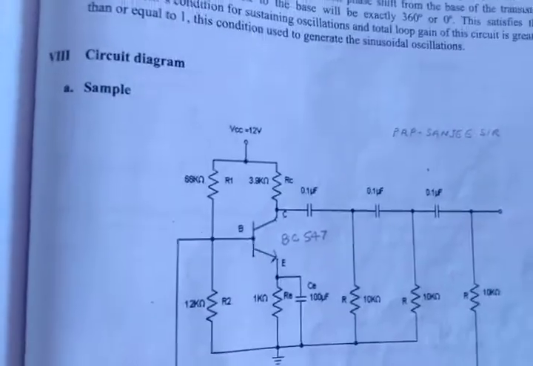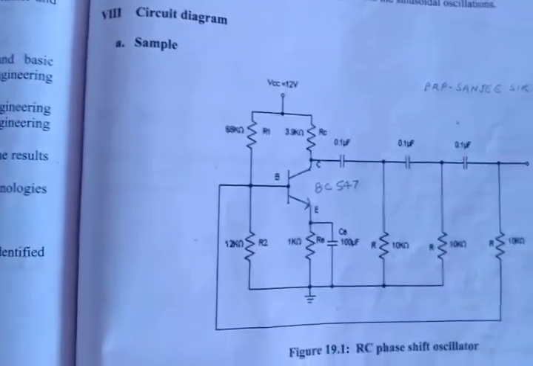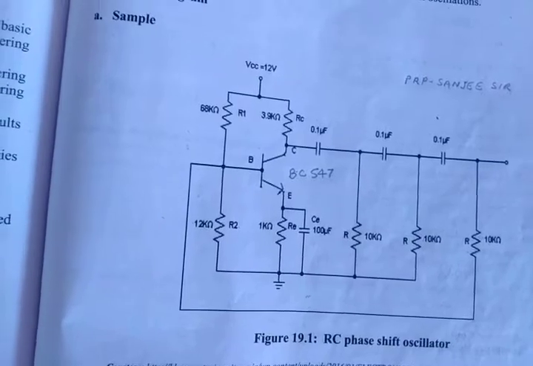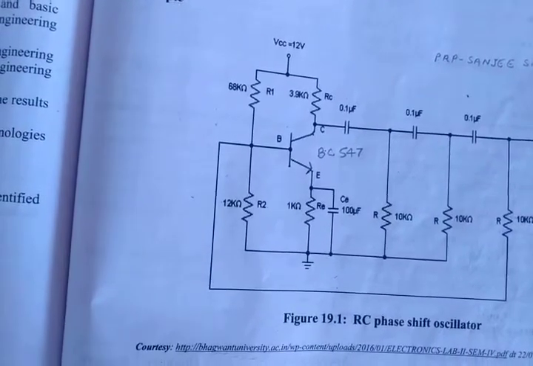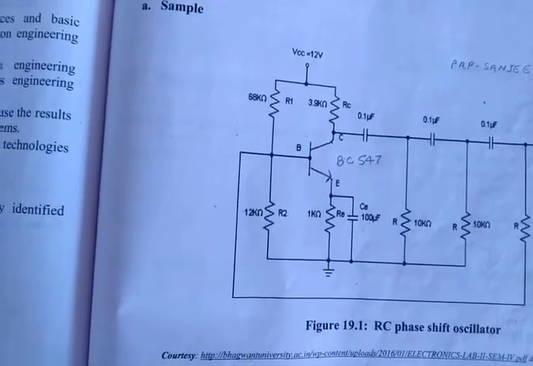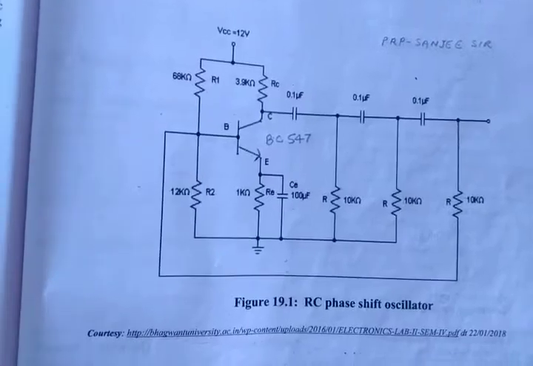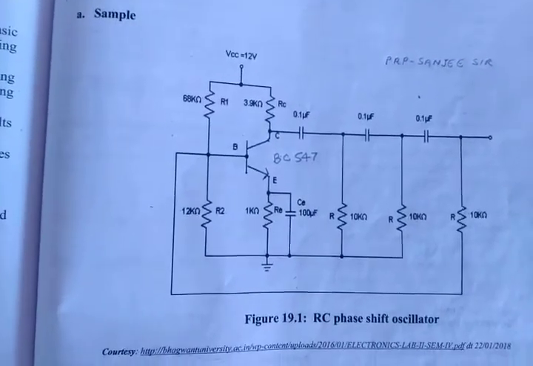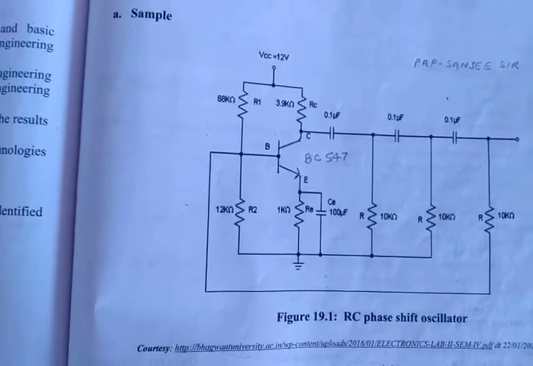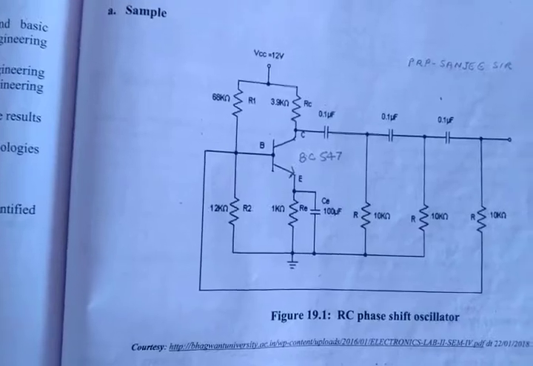Of the capacitors and the resistors in a ladder network, and it is used for generating signals over a wide frequency range. So the competency expected after performing this practical, as per the industry identified competency, is to use discrete electronic devices and voltage regulators. The course outcome is to use BJT as a waveform generator for generating the sine wave here, and the practical outcome expected is to build an RC phase shift oscillator and measure the generated frequency using a CRO.